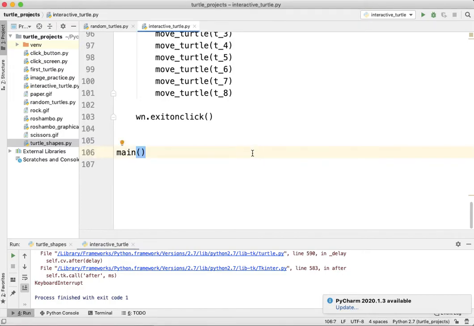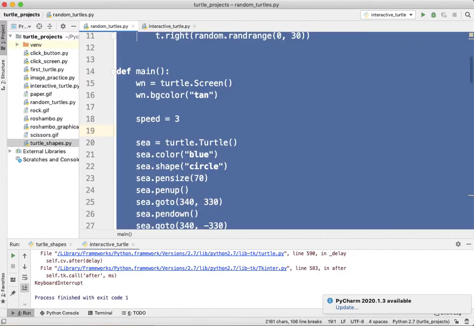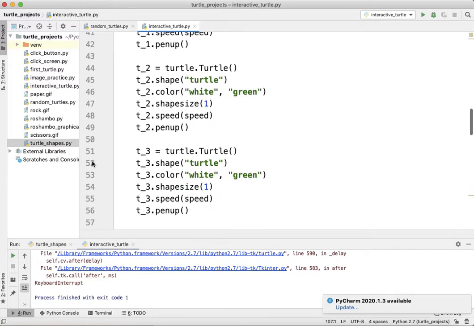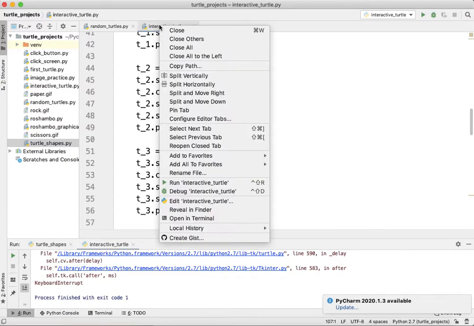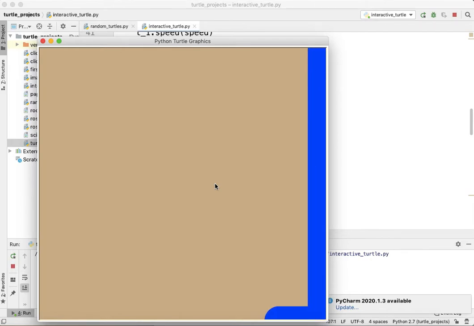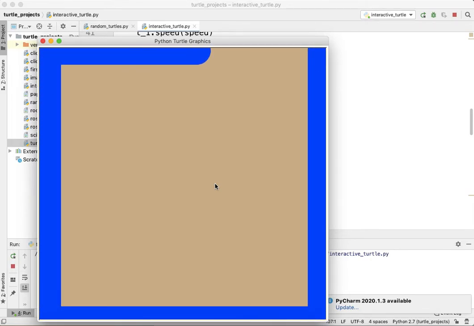So the first step to starting this project is we want to create a new file, and I called mine Interactive Turtle. So you should probably call yours the same. And what I did is I went to Random Turtles and I copied everything. So I hit Command A, Command C, and then I came over to Interactive Turtles and I pressed Command V and pasted it in. So if I run Interactive Turtles, you'll see that what I have is this here,